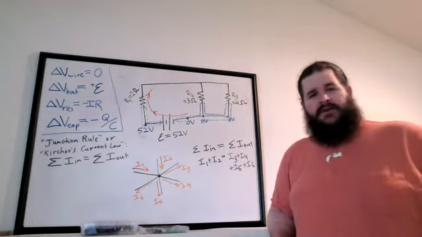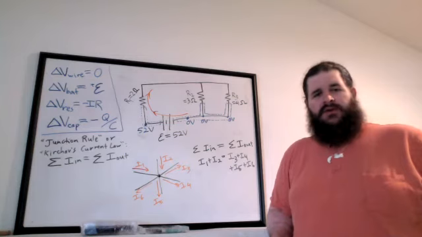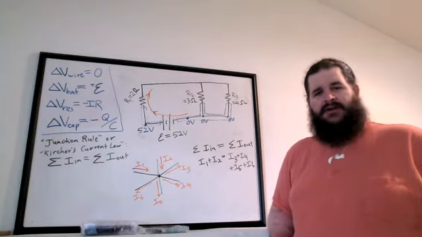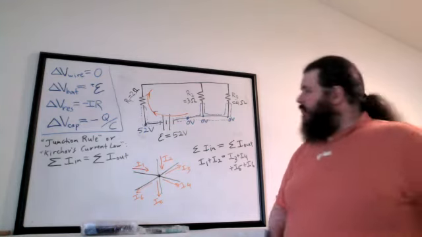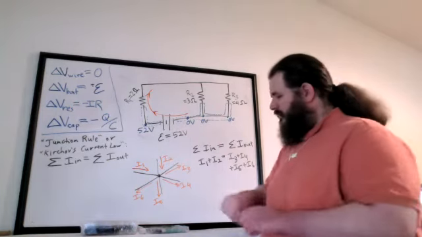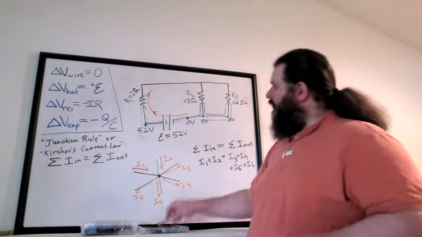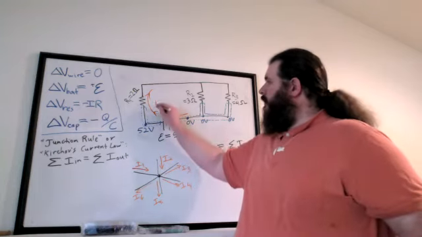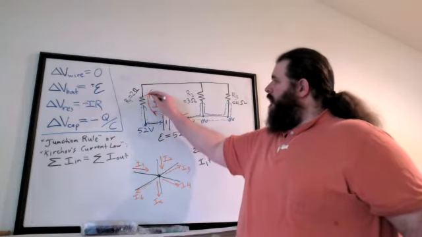And this can often be very useful because if you know all but one of those currents, you can immediately calculate that last missing current. We can apply that at this junction, for instance. Let's say we call this current I1, the current flowing through the battery,